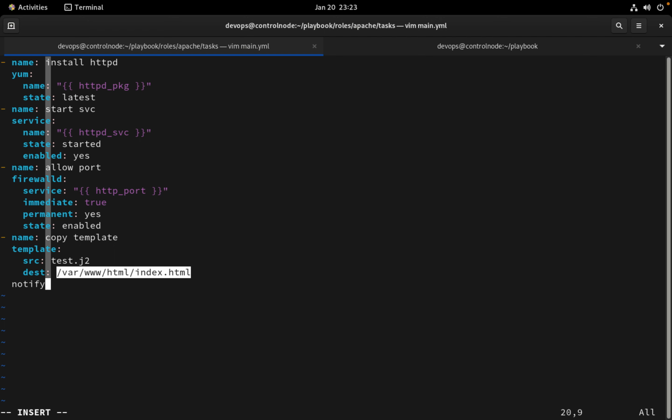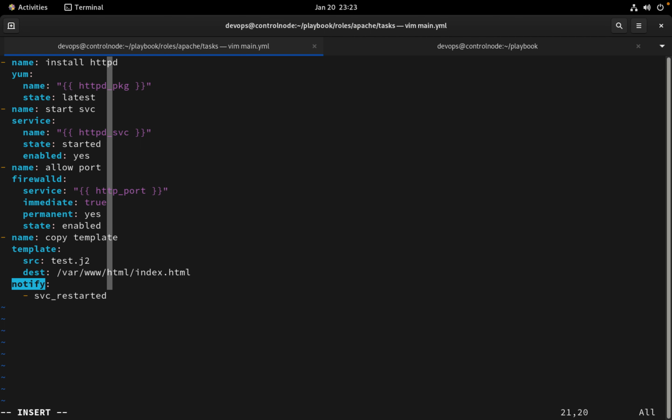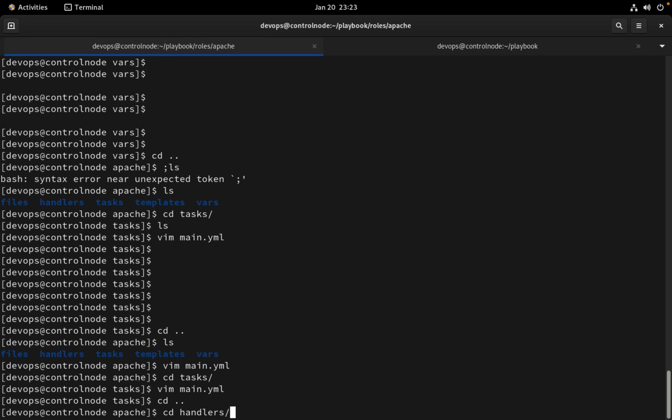For the handler we need to put one keyword called notify just below this template section, and then the name of the handler. What I want is, if this file is copied, the handler should execute, and the handler name is